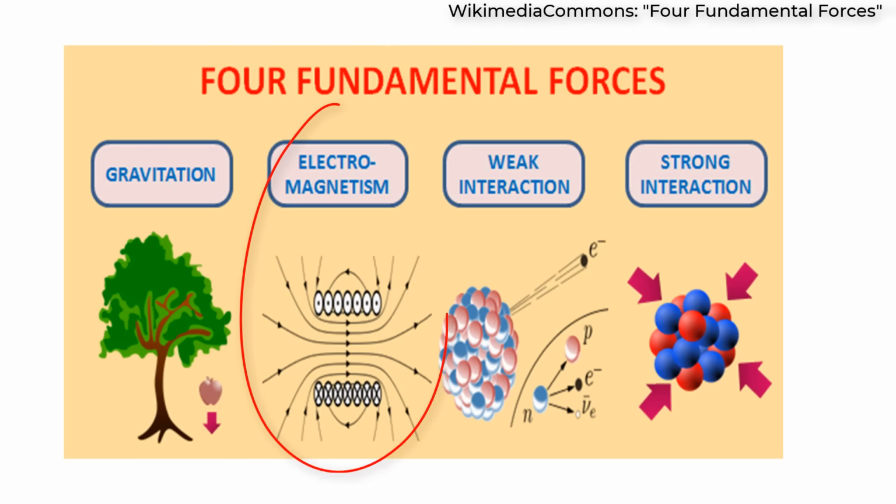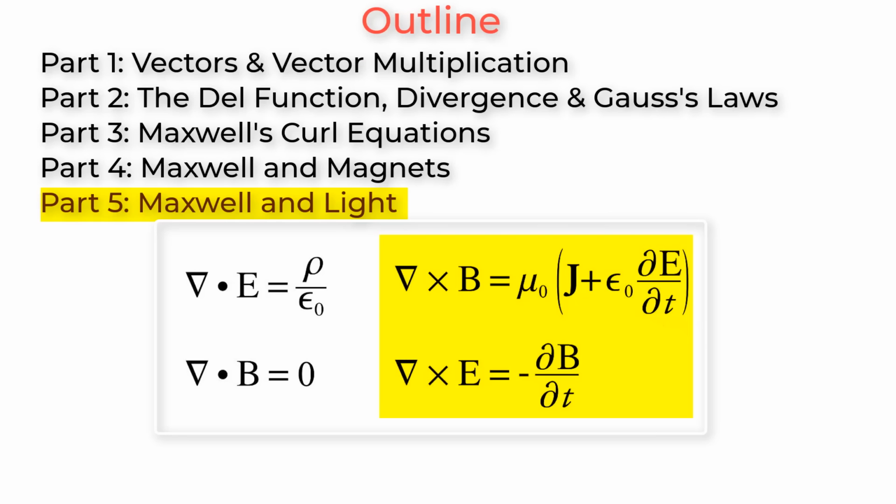Take a moment and stop and think about what a profound statement this is. Electromagnetic forces are considered one type of force for a reason. They are both fundamentally a type of electric force. Not that this has stopped people from trying to find magnetic monopoles. After all, who doesn't want to be the person to make an amendment to a fundamental equation? Okay, if you feel like your brain is exploding, I have more. Ready? Part 5, Maxwell's laws and light.